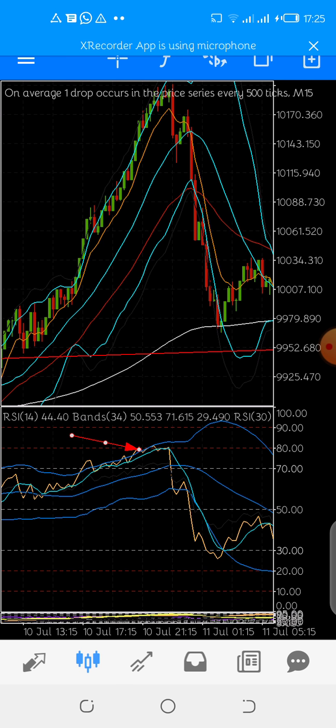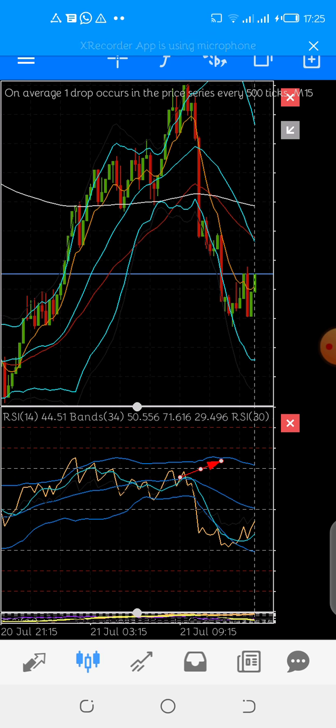You see this? It went out of the band and then it started coming back into the band. And already the market at this time is at level 80. Okay, so it is way far above what we wanted, which is level 70. So it is already telling you we are at the overbought level. So it comes back into the Bollinger Band, and immediately after coming back, as it was trying to go up,